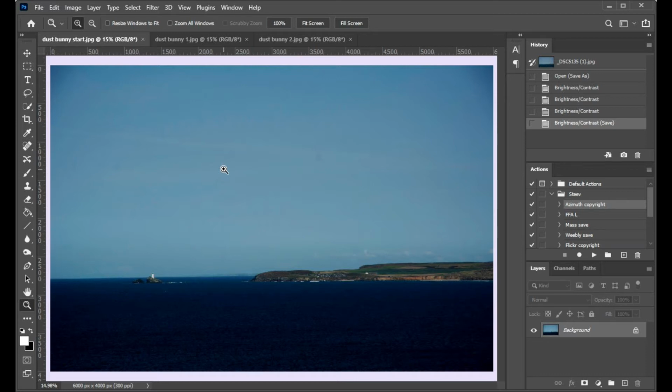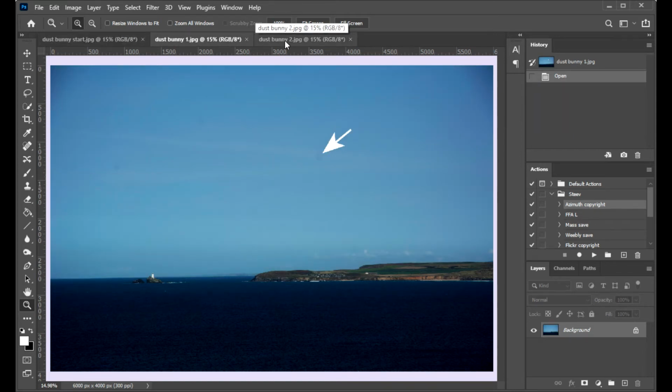Depending on the resolution of your screen and what kind of screen you are using, you may or indeed may not be able to see that this image does have a couple of bunnies, and I have highlighted that one over there and that one over there. There are actually at least 9 on here, and we are very, very proud at Lens to Print of our quality. So dust bunnies, off-level horizons, you know the things, are something that we spot,